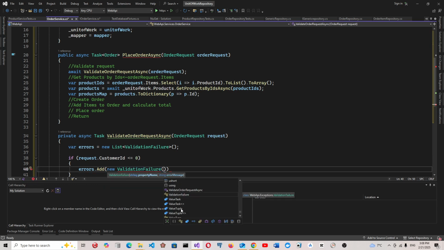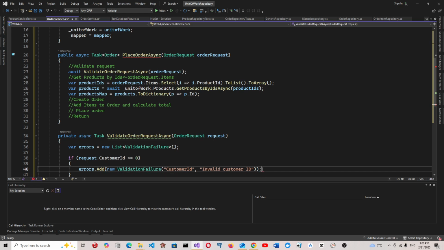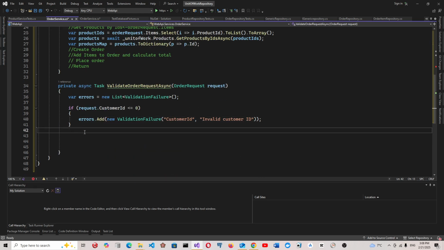Property name, customer ID, and message invalid customer ID,